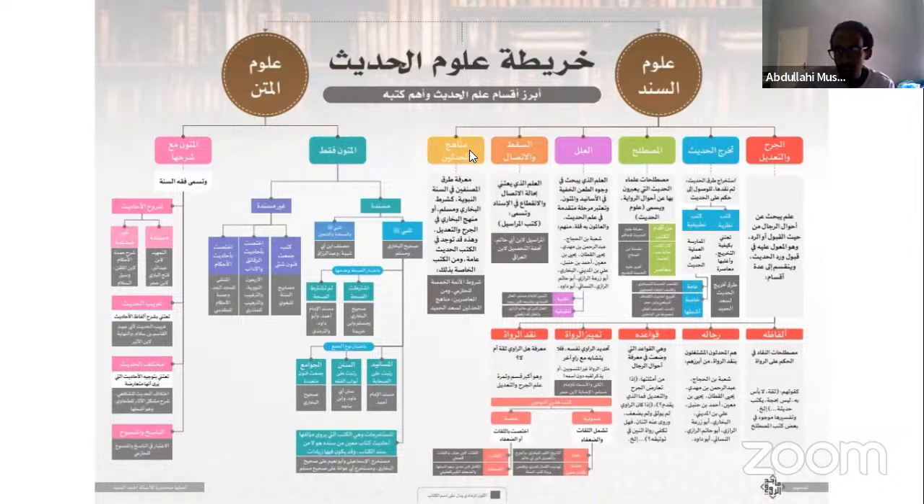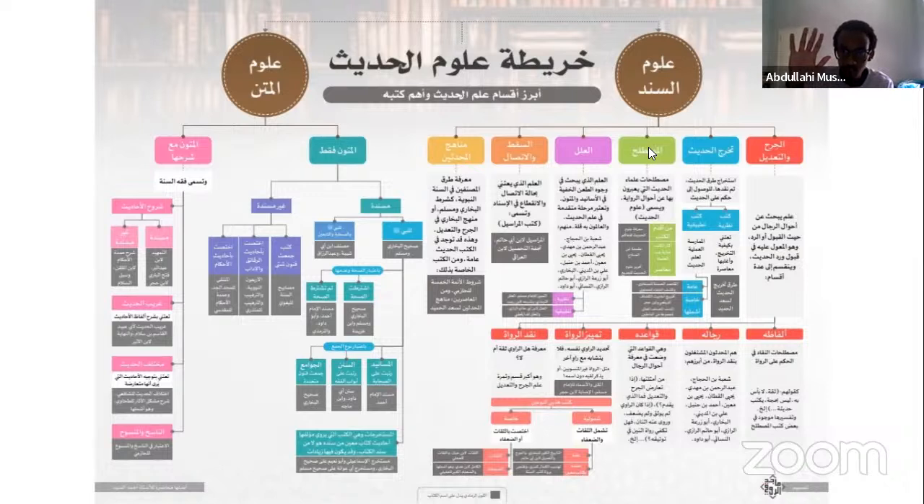And that's why it makes sense that the person who made this diagram placed Manahij al-Muhaddithin closer to Ulum al-Matan, because it's like a bridge between Ulum al-Sanad and Ulum al-Matan. It's not a subject that you study to find out exactly whether a hadith is authentic or not. So just to recap, we started off with al-Mustalah,